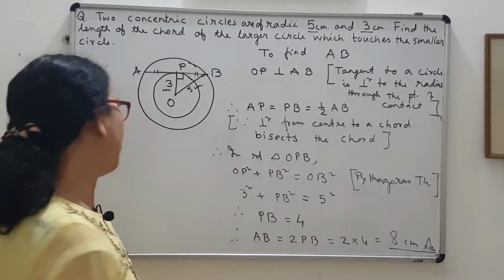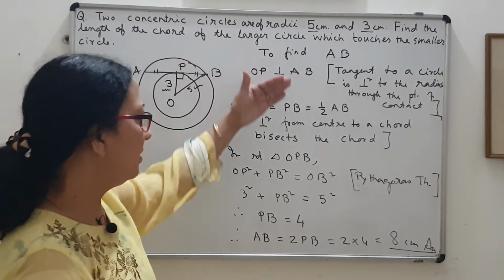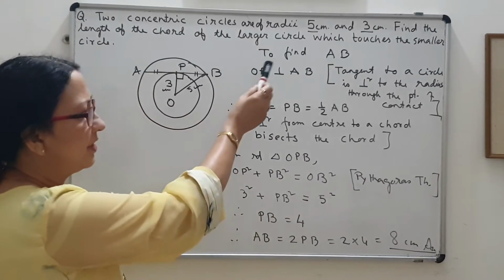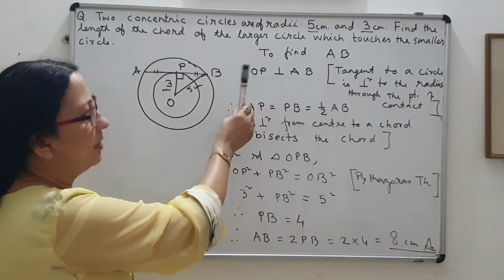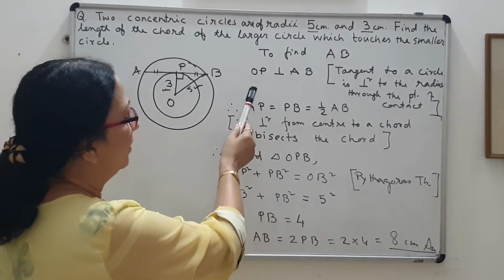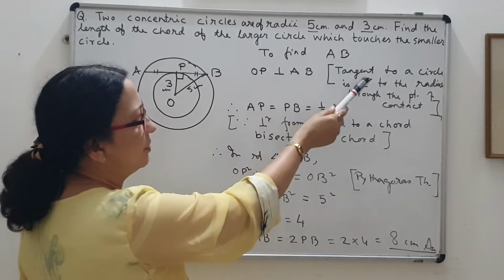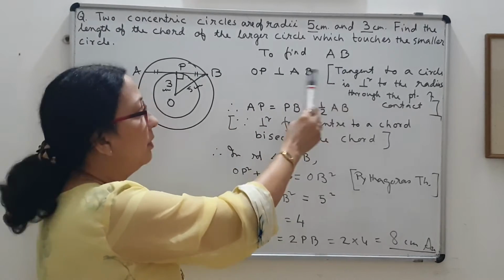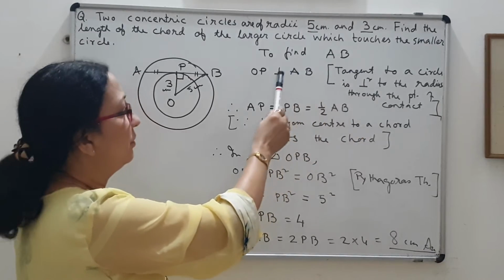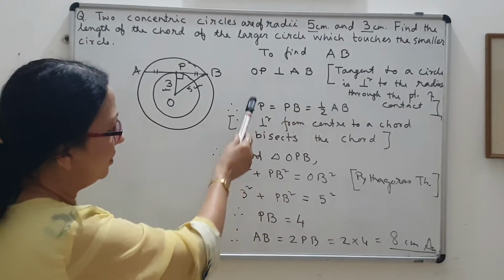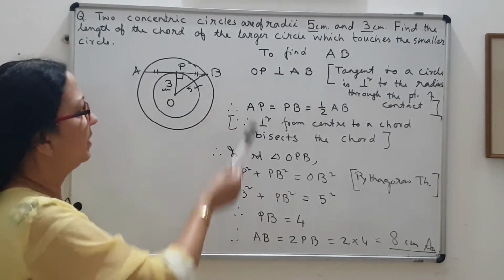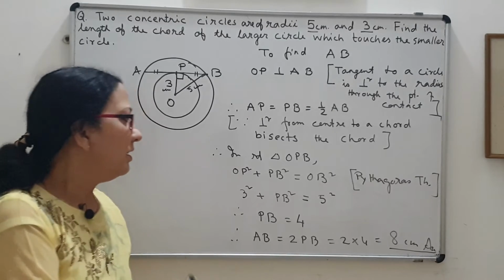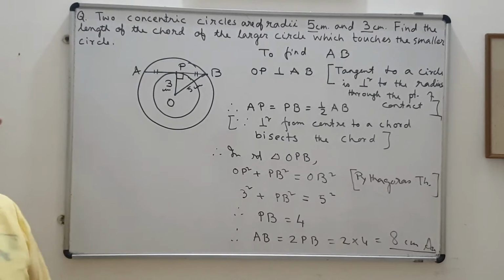So, I have solved this. I have shown you how to write systematically. Geometrical questions should be written in this way. To each step, you must give the logic to support your steps. So, in this way, in a very systematic way, you have to write. Okay. Let us move to the next question.